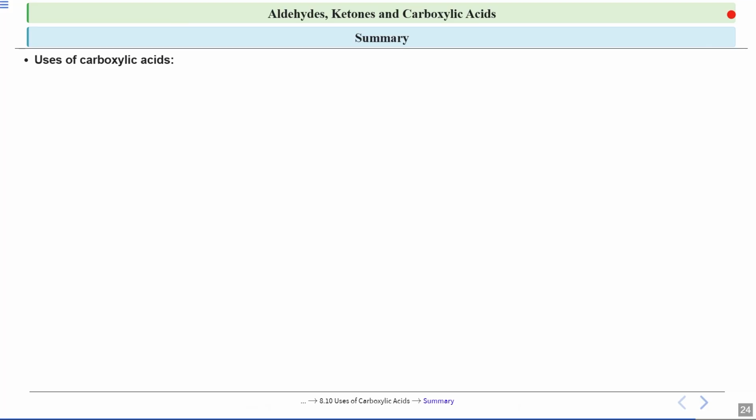Next, we discussed the uses of carboxylic acids. They are widely used in the food industry. They act as flavorings to give foods a sour taste and as preservatives to help prevent spoilage. For example, acetic acid is found in vinegar and citric acid is used in soft drinks and candies. Next, carboxylic acids are important in making soaps and detergents. Fatty acids, which are long chain carboxylic acids, react with bases like sodium hydroxide to produce soap. This process is commonly called saponification.